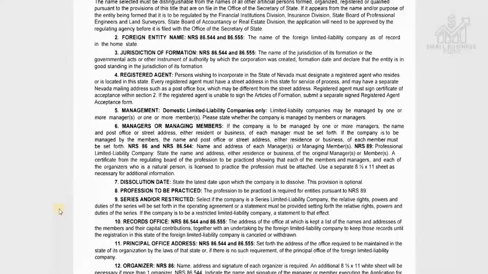And you need to have a registered agent. Now, basically, this is a person that is wishing to incorporate in the state of Nevada that must designate a registered agent who resides or is located in that particular state. Now, this is true if you want to do it in any state, be it New York, Washington, Texas. You need to have a registered agent in that particular state. If you have multiple businesses in different states, you need to have a particular registered agent in every single state,